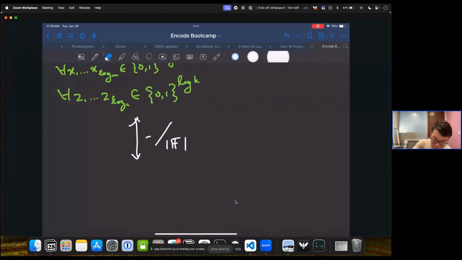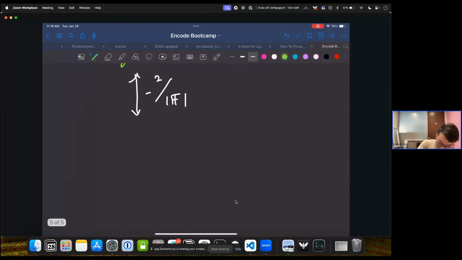But the point is that this is almost equivalent, except for probability 2 over f, as the check: is it true that C tilde at, let's call these U and W, at U1 through U log M, comma, W1